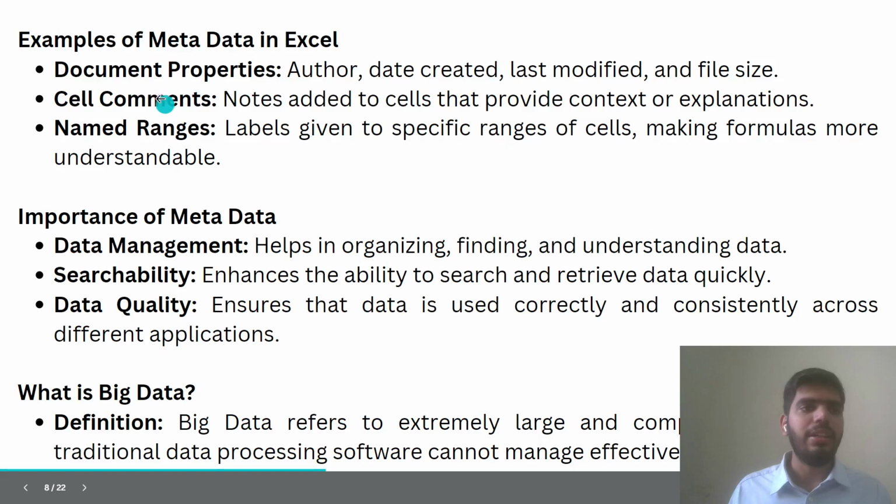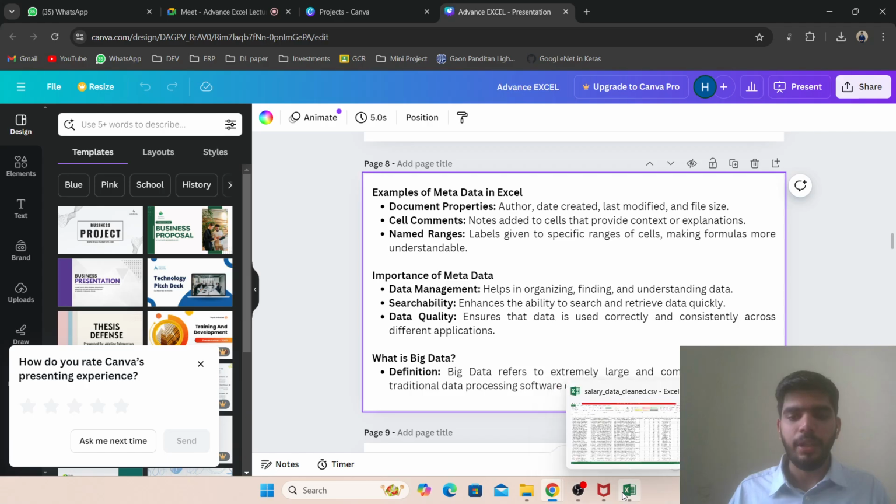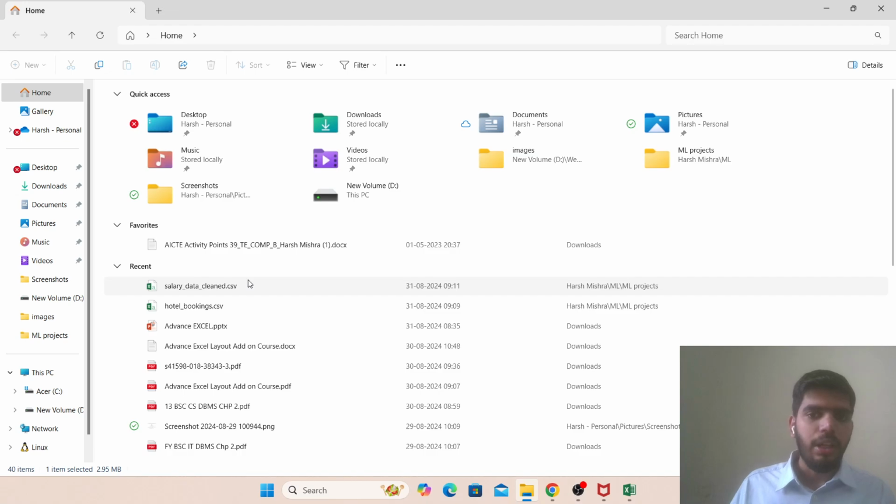Examples of metadata in Excel: document properties. Let me show you this live right here. See, this is the metadata. This is the name of the file. Yes or no? Can you see this?